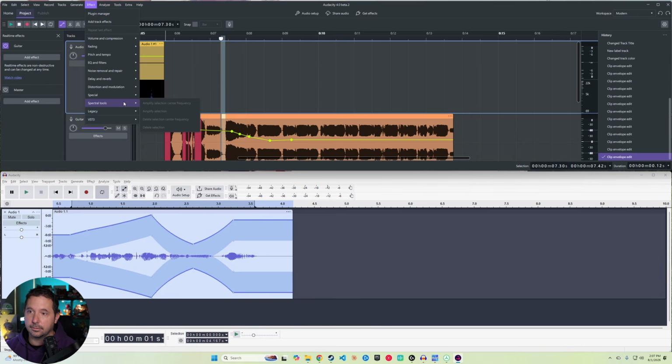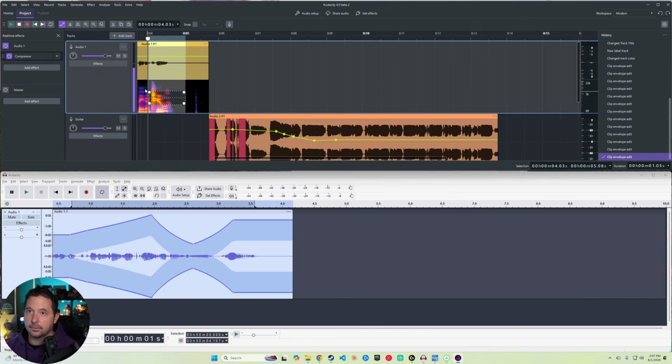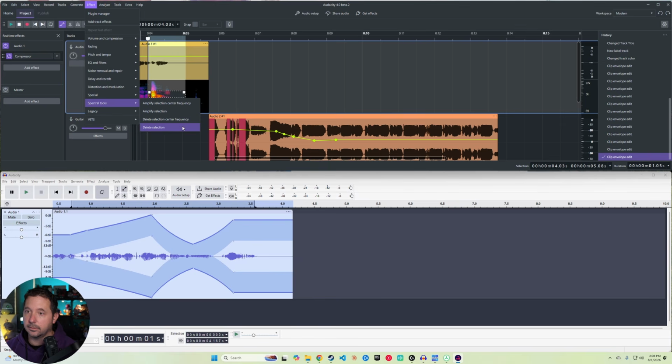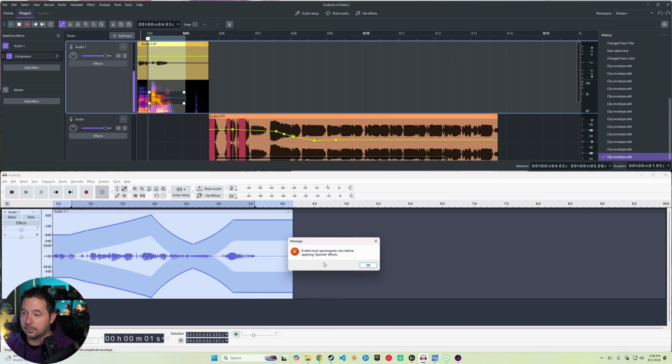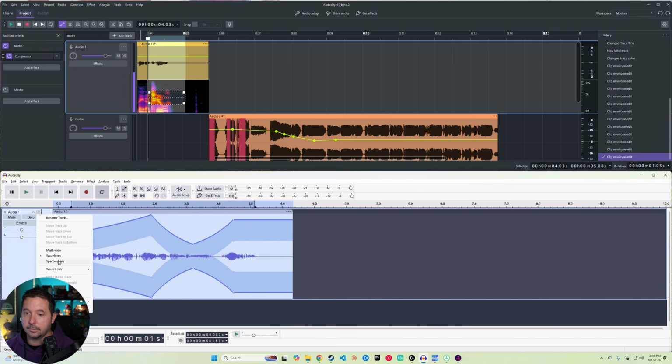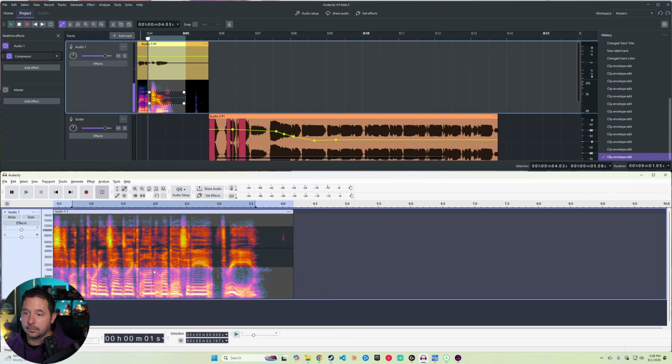Spectral tools look different. So spectral tools here, we have amplify. If I actually click on a section here and you go to effect, spectral tools, we have amplify selection, center frequency, amplify, delete selection, center frequency, and delete section. That is different. So if we looked here, we go to effect, spectral tools, we have spectral delete, we had spectral edit multi-tool, which would basically analyze and do the best that it could. It's actually really good. Edit parametric EQ, which basically says, we would have to look at this in the spectrogram and then select